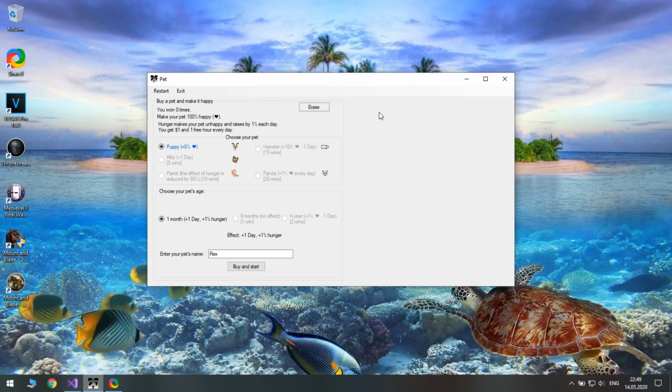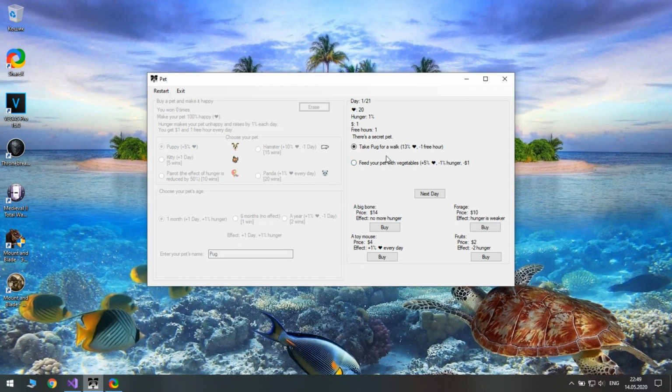This is what we made in the previous tutorial. As you remember, we created a hub for properties and a hub for the game.